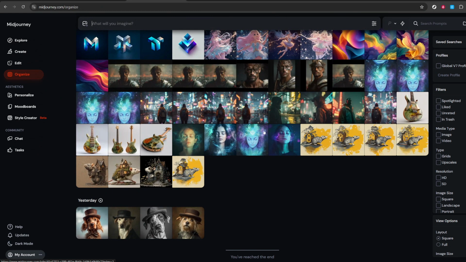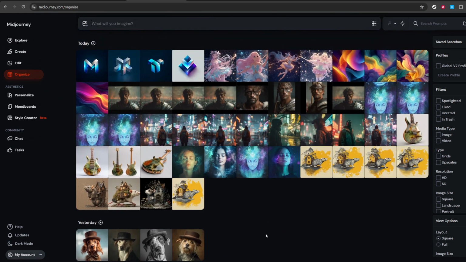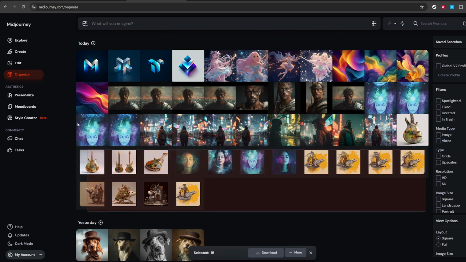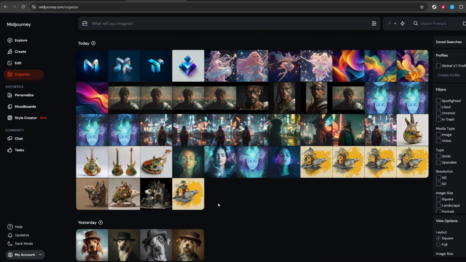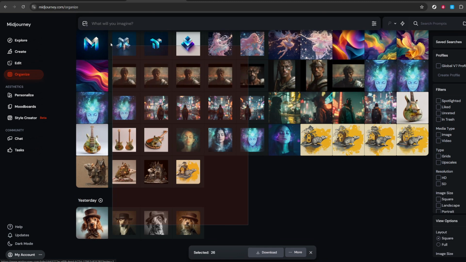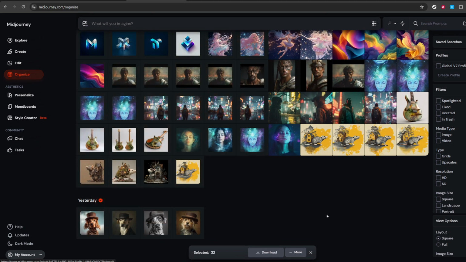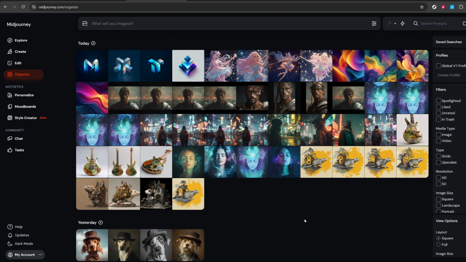Inside Organize, you'll find a clean grid of your images. Each thumbnail represents a piece you've generated, and the page pulls from your account so creations appear even if you made them on a different device. This view is designed to help you scan quickly, revisit older outputs, and keep track of what you've been working on. If you create a lot of variations, you'll see them grouped and arranged so it's easy to recognize sets